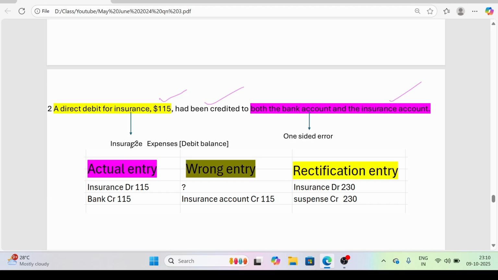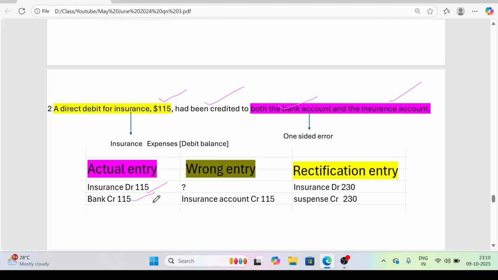So what is the actual entry? Insurance is expenses, no? So debit balances. Insurance debited 115. Direct debit means from bank. Bank will reduce, no? So bank credit 115. Then what is the wrong entry here? Had been credited both the